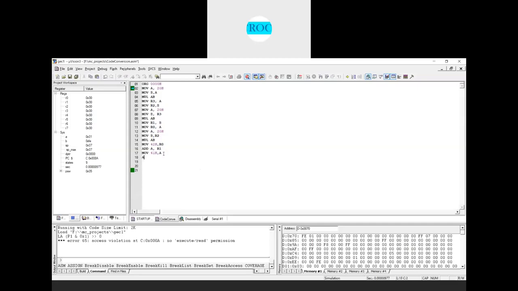Next what I do? Add C A comma hash 00H. If because of this addition, if there is any carry which is generated here, right, that also needs to be considered.